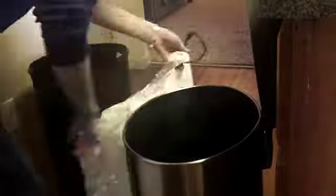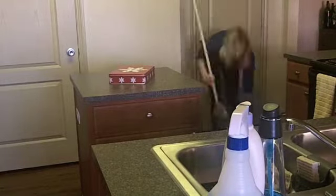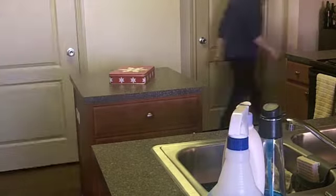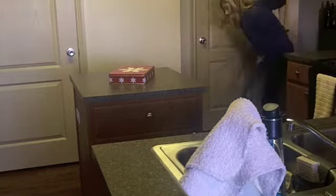And here I'm just switching over the laundry that I had talked about in the beginning, using Bounce scentless dryer sheets. I do have scented ones, but I wanted to use scentless on that type of laundry. So just changing out the trash can and all that. And now I'm about to sweep. And here I'm just using my Bona mop,